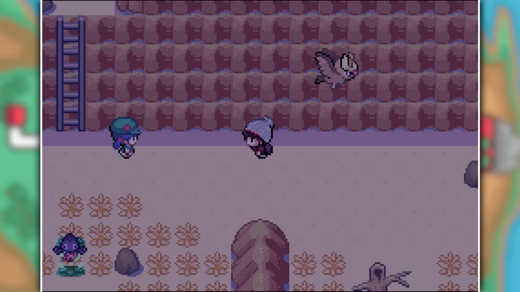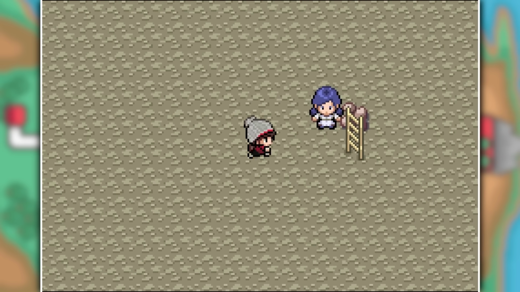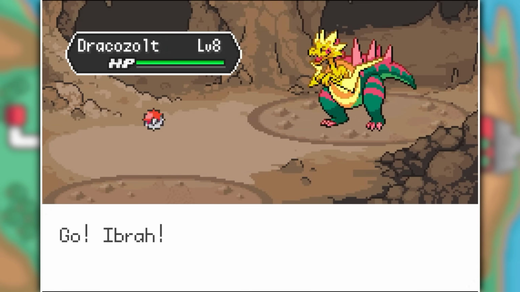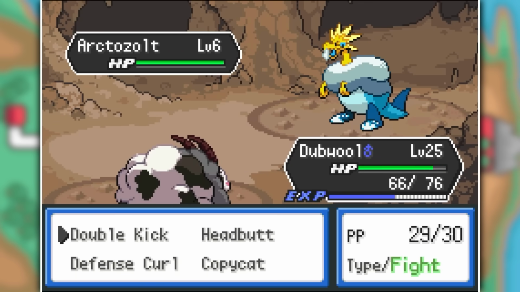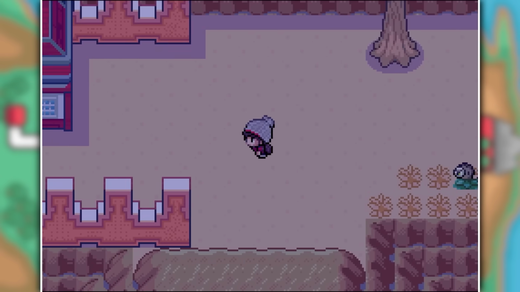But after looking around in this area a little more, I found a construction site with a ladder that led to the Alternating Cave. This cave is filled with fossil Pokemon. Literally every single one, from the latest one, Dracovish, all the way to the first one, Kabuto. So I spent some time digging up the past before heading to my next destination, Stow-on-Side,